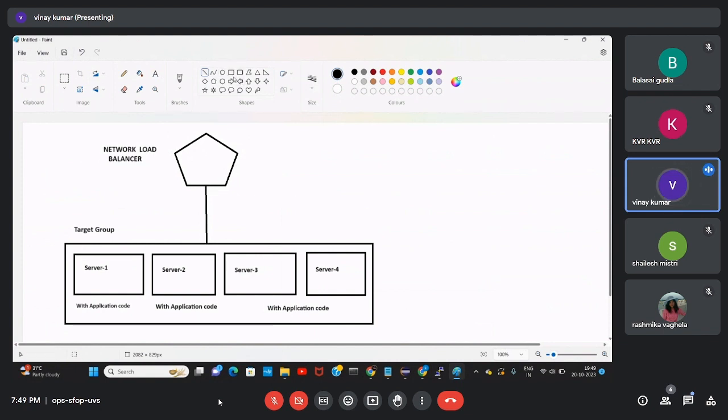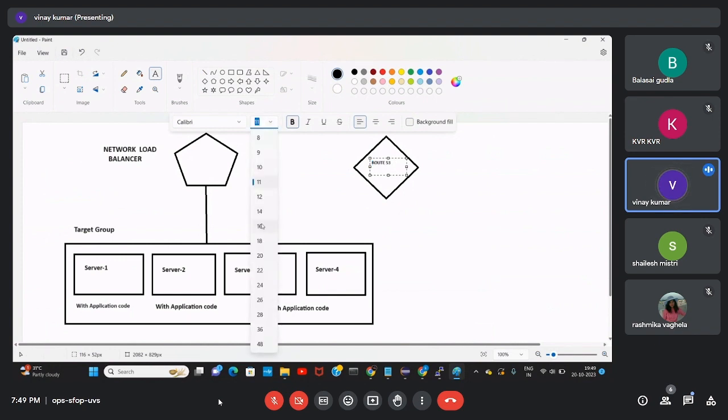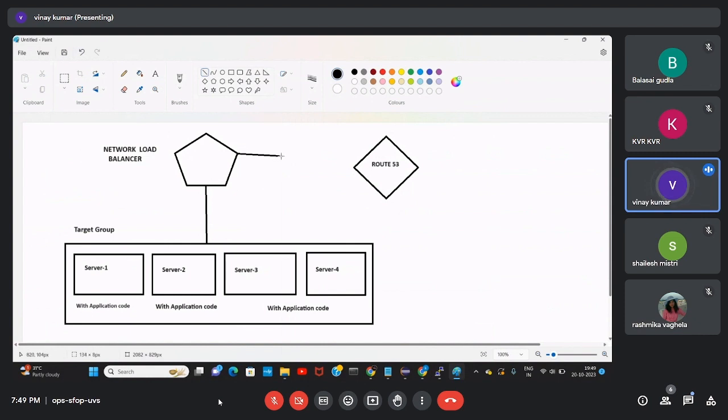Now this is Route 53 for host name resolution. This is a very important thing. That's why I am trying to do it like this. And this is the internet.